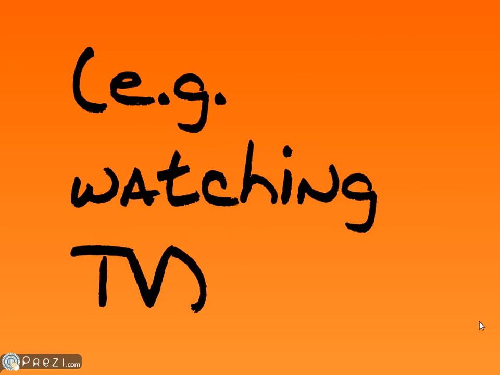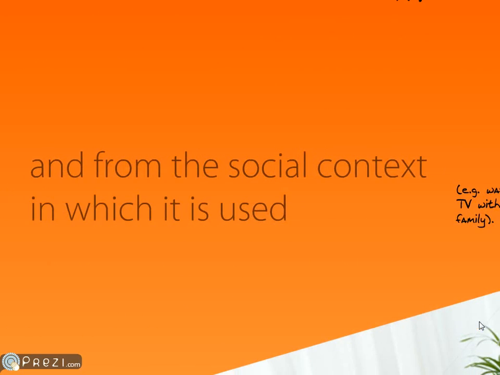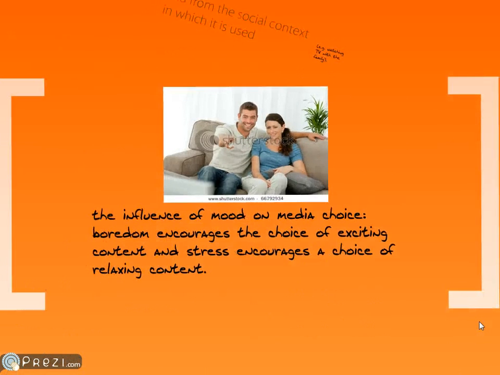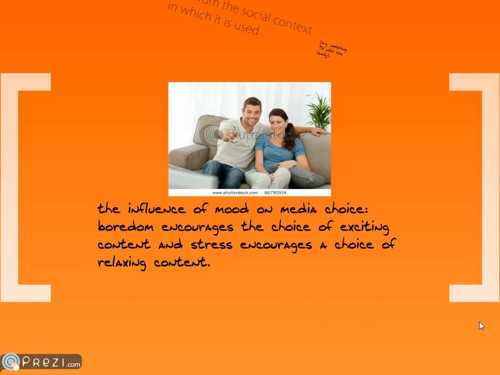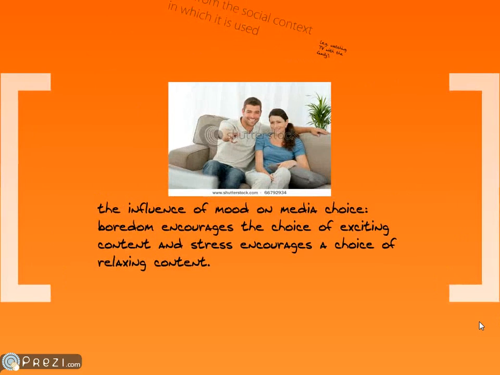Go on then. Right, and you've also got it from general exposure to the medium, so watching TV, so you're more likely to come across a TV programme, obviously. And from the social context in which it is used. So we've got watching TV with the family, obviously something that's going to greatly affect your choice of media. So we've got other effects, as many as you can think of. The influence of mood can also affect the programme choice you can have. So if you're bored, you're going to choose exciting content, and if you're stressed,